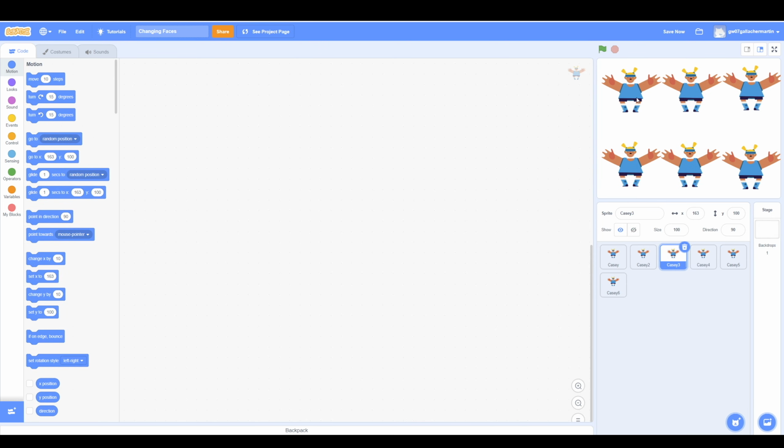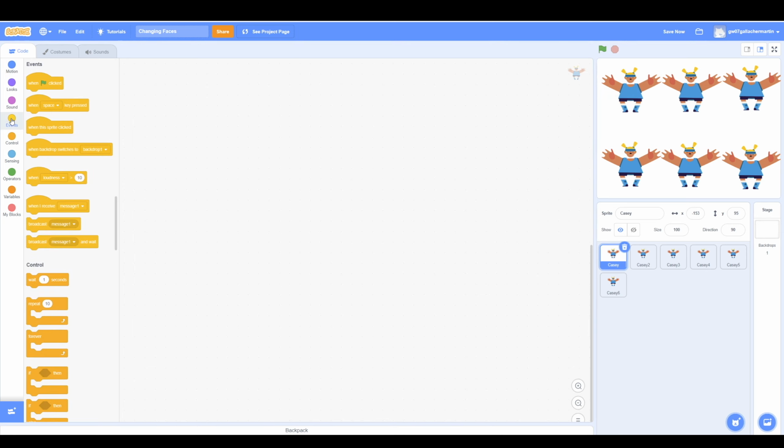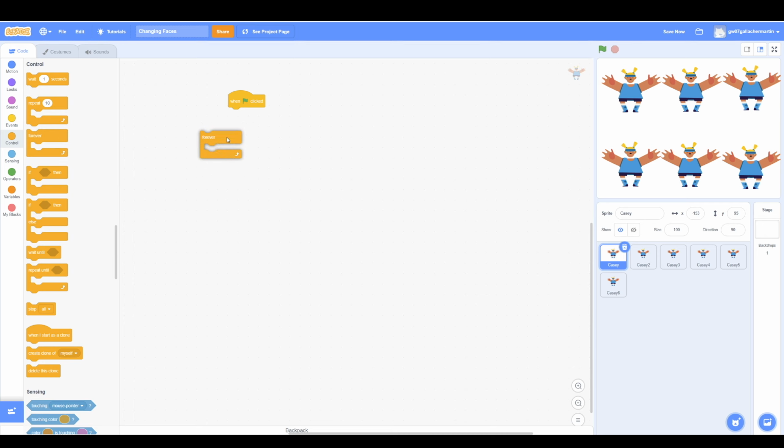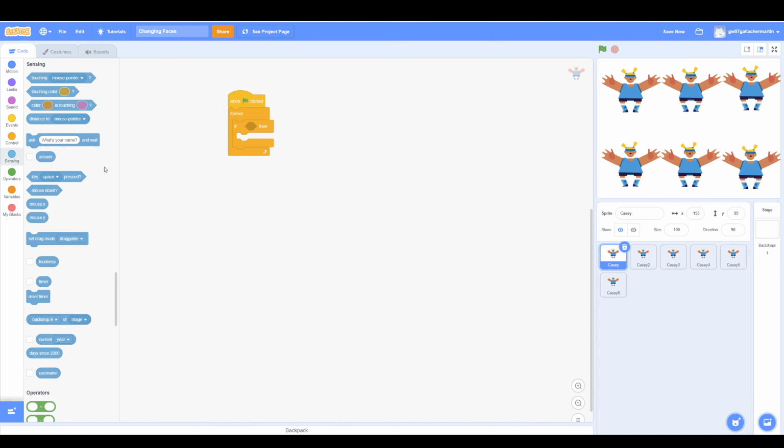So I want the first Casey to spin round when the mouse touches it. So make sure you've selected the first Casey and go over to Events and bring over when green flag clicked. Then we want it to forever spin round if the mouse pointer's touching it. So I'm going to go to Control, grab a forever, stick an if inside it, and then go to Sensing and touching mouse pointer. So if the mouse pointer touches this Casey sprite, whatever's in here will get carried out